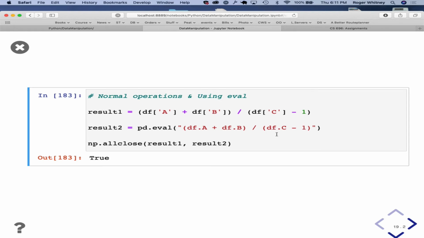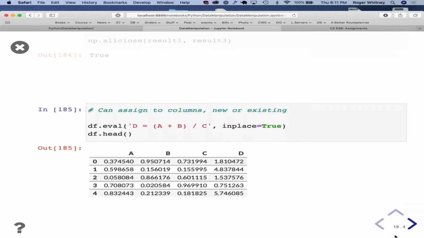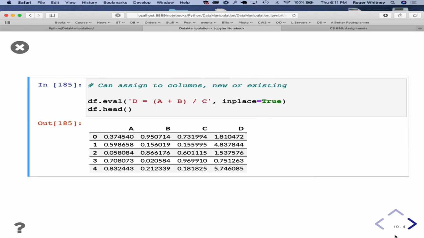Or we can actually do it using eval, and we can, you know, simplify it.